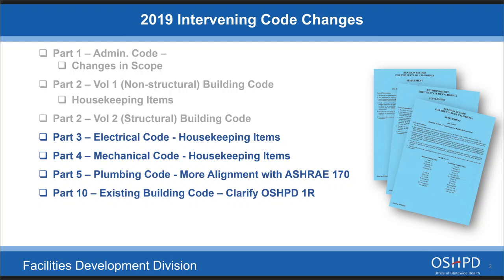So once a building is removed from acute care service, it becomes a 1R building, and then you would apply any code for the occupants going into that building. If it's a business or a clinic space, it's going to be an OSHPD 3. If it's a skilled nursing facility, it's going to be an OSHPD 2. So the OSHPD 1R would apply to anything serving that building as coming from the hospital, as well as the building itself, but not the occupancies.